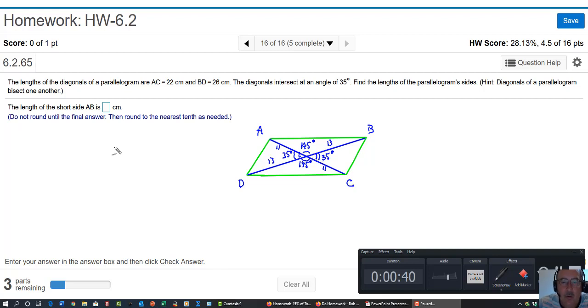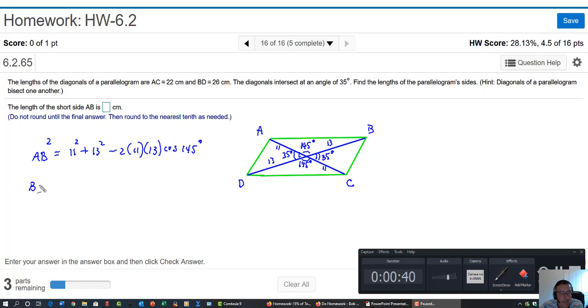So let's go over here now, and if we want to find, let's go ahead and get side AB first. And here again, notice the formulas here. I'm going to say that that length squared is going to equal, so I'm going to look at this top triangle here. And I'm going to say to get that, it's going to be 11 squared plus 13 squared minus 2 times 11 times 13 times the cosine of 145 degrees. And